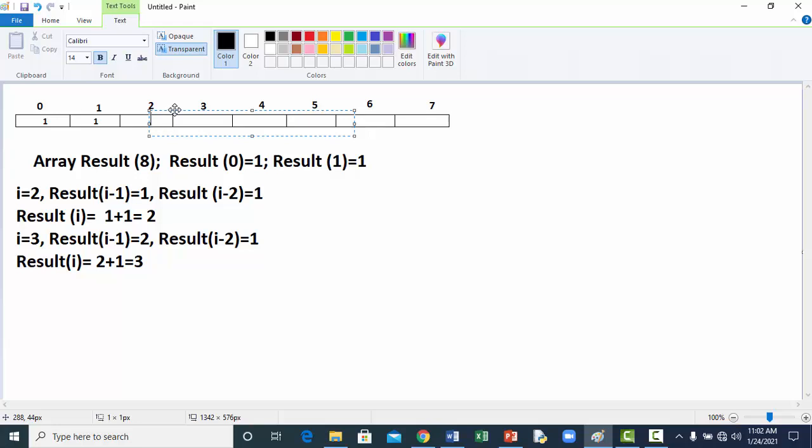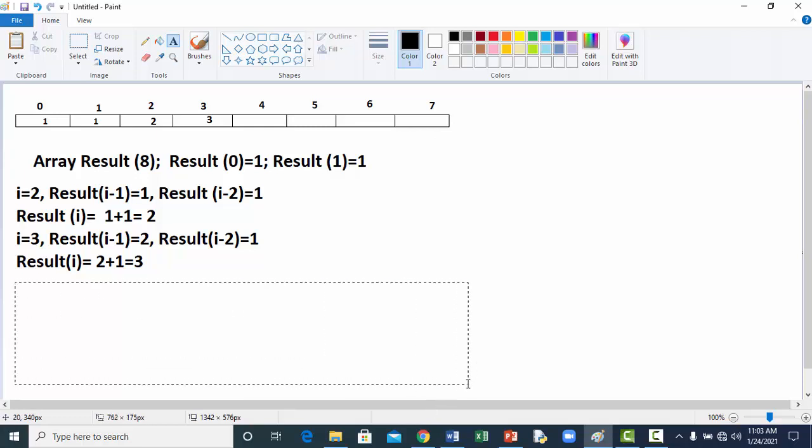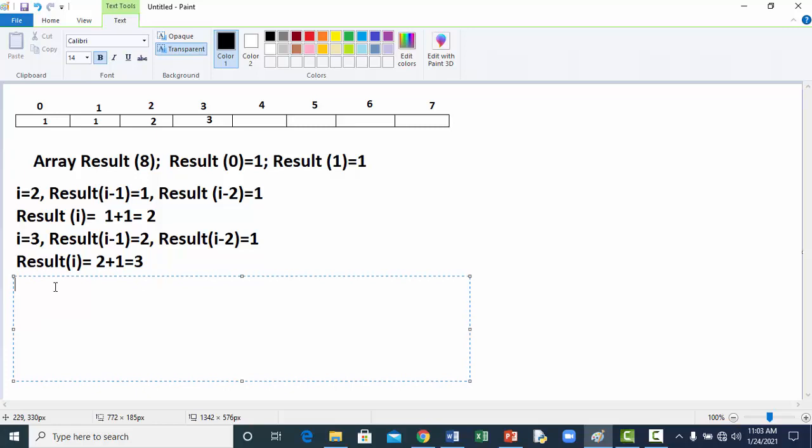Where I is equal to 2, we will enter 2. Okay, then we go to 3, where I equal to 3, result I we have said that it will be equal to 3. So far this is what we have done. We remain with 4, 5, 6, 7, and then we continue. When I will be equal to 4, result I minus 1 will be equal to 3,